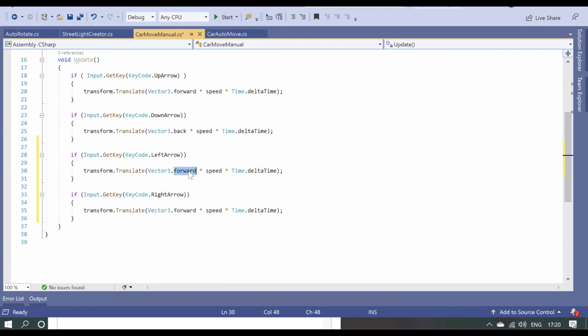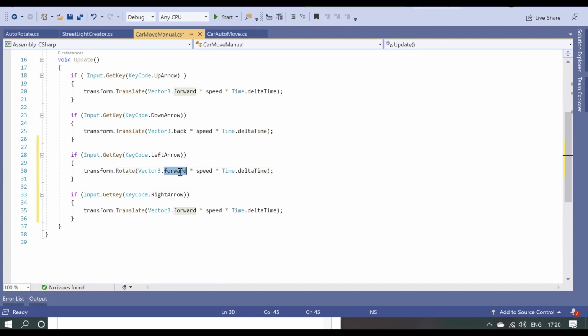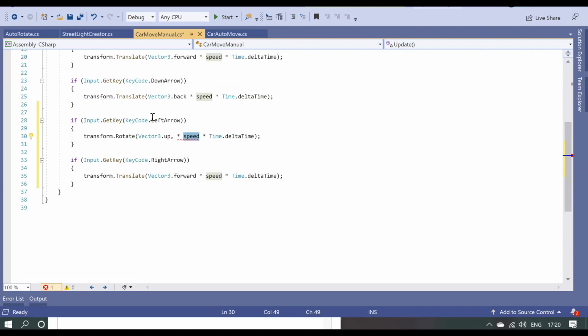Now instead of forward translate, I'll use rotate, and this should be up, and the axis is this thing. For rotation speed, I have to choose something.